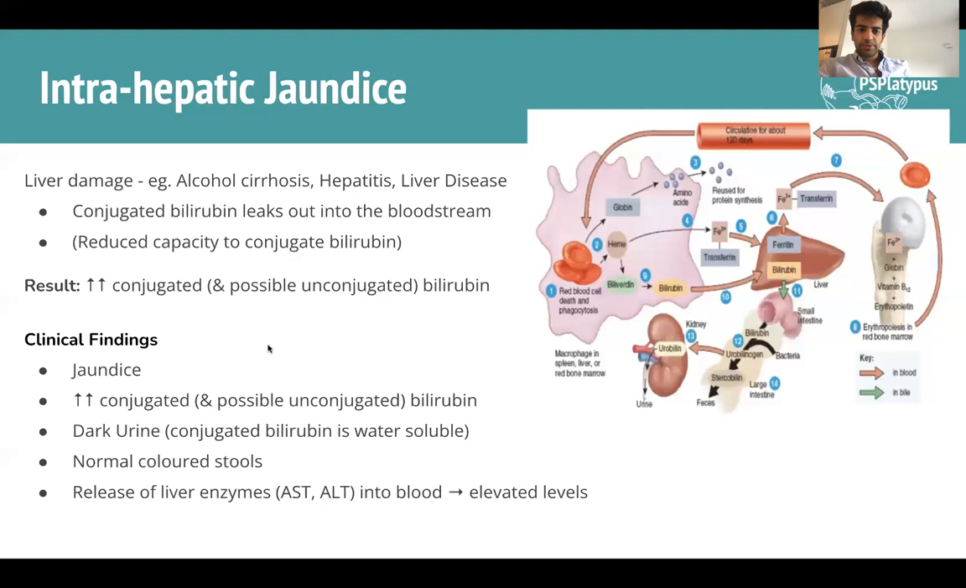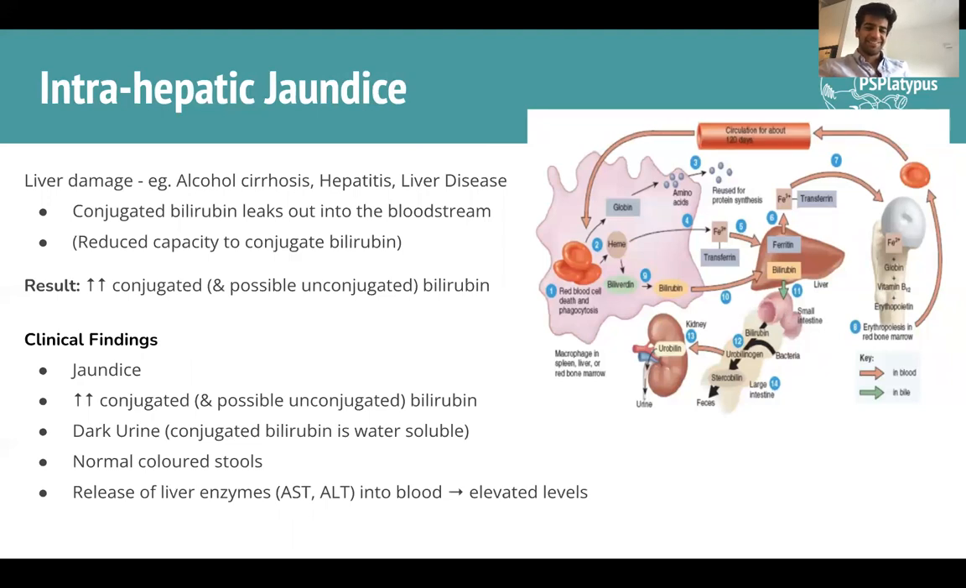Now, that would result in an increase in conjugated bilirubin, of course, but as liver damage progresses, there would also be a decreased ability or capacity for the liver to conjugate bilirubin. So you'll have first an increase in conjugated bilirubin, and as the disease goes on, the liver function will decrease, and then you might also have an increase in unconjugated bilirubin later on. So we're going to focus on the conjugated pretty much. So you've got an increase in conjugated bilirubin in the